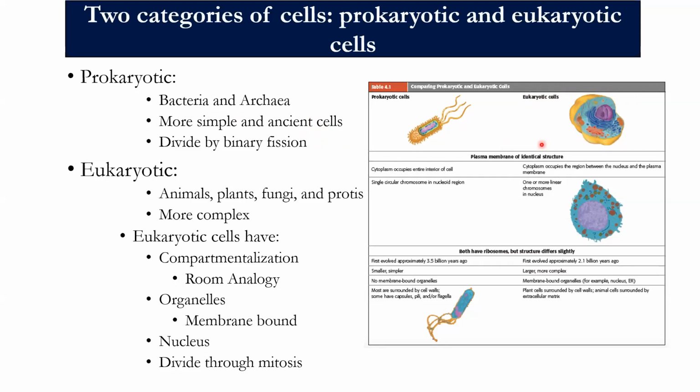Like, there's a huge benefit for having this in our cell, and then they ended up just keeping it. So mitochondria were actually prokaryotes. The eukaryotic cell engulfed it and then decided to keep it because they saw benefit to having that